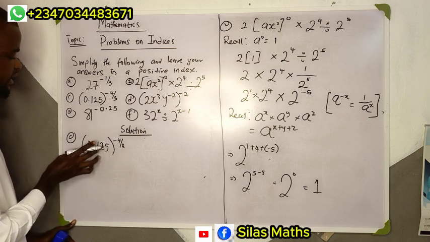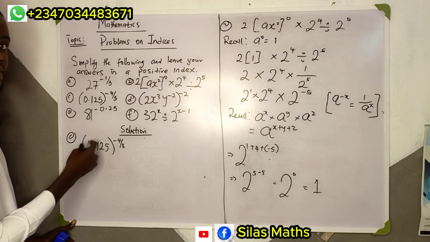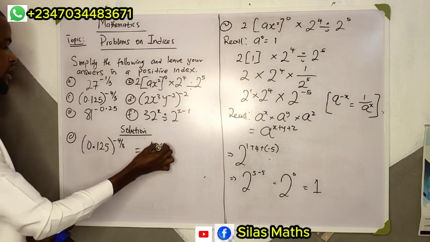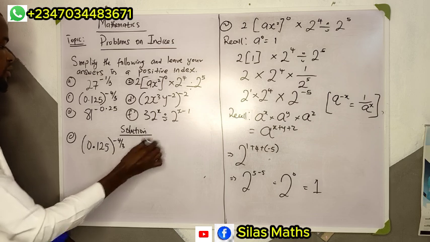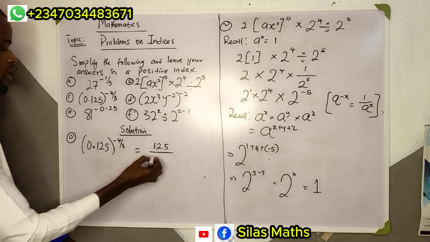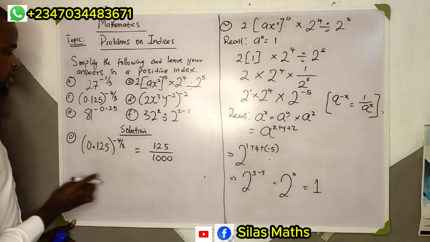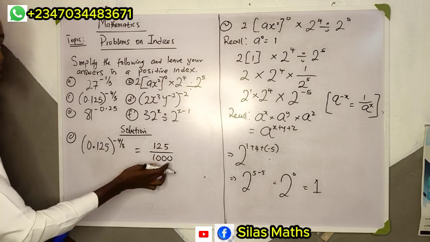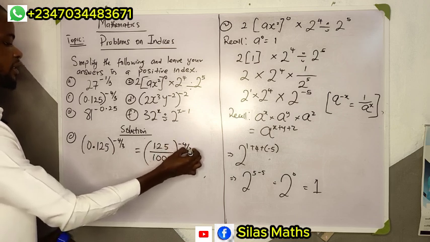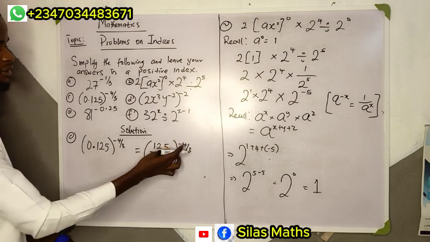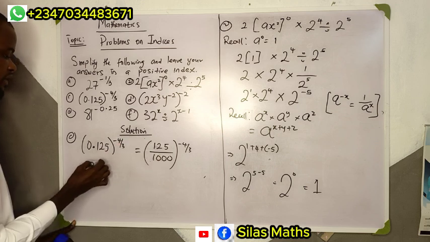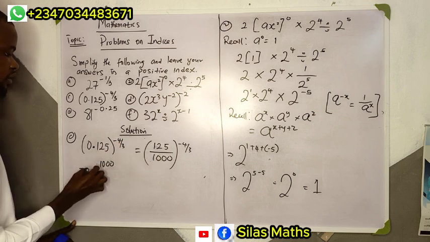But before that, let's take a look at this. This is a decimal number. We need to change it to a fraction. And changing it to a fraction, we are going to have 125 all over 1,000, since that is 3 decimal places. So I'm going to have 125 over 1,000 all to the power of negative 4 over 3. To remove the negative power, we'll take the reciprocal of this, which will become 1,000 all over